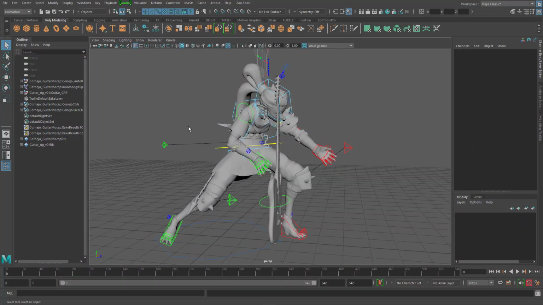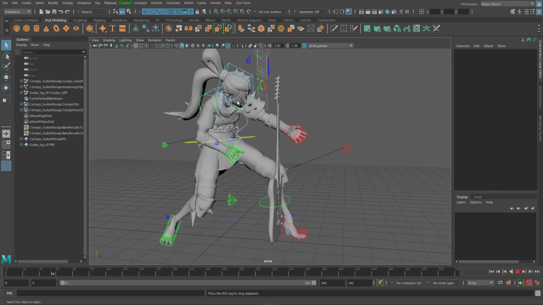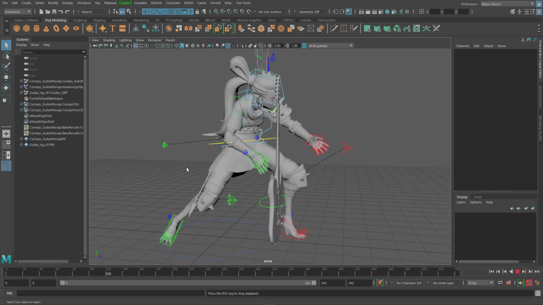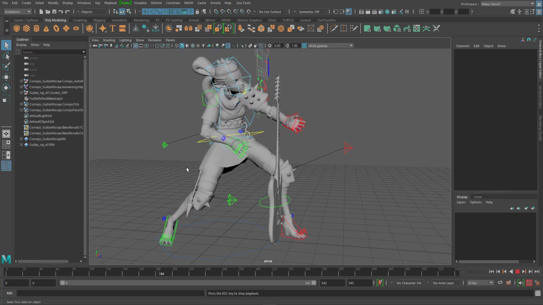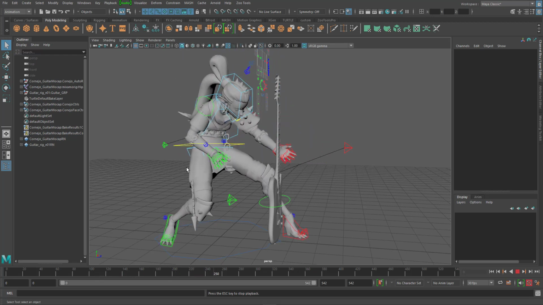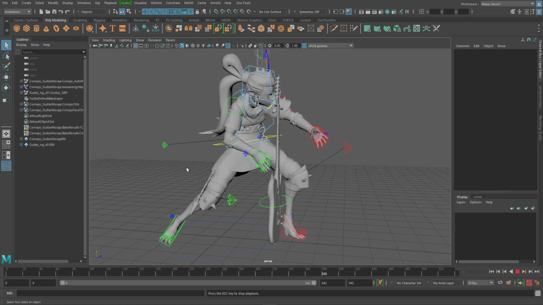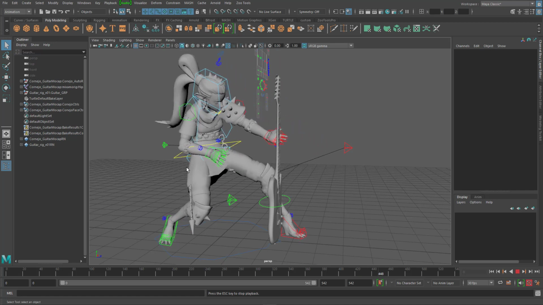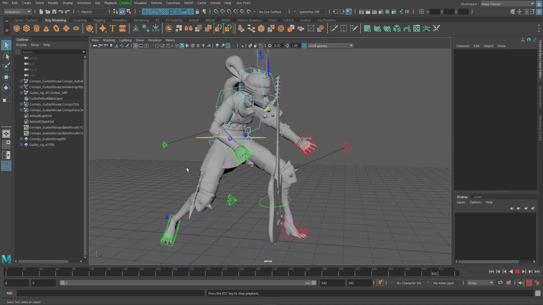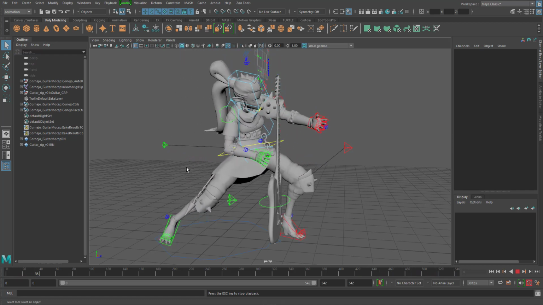Okay, let's take a look at the fun stuff. Attaching this guitar to this mocap and making sure that everything works together. Okay, so the first thing that we need to think about is I need to get the guitar to follow his body, right? Now, like I said before, using a simple Maya constraint won't work because let's say, for example,